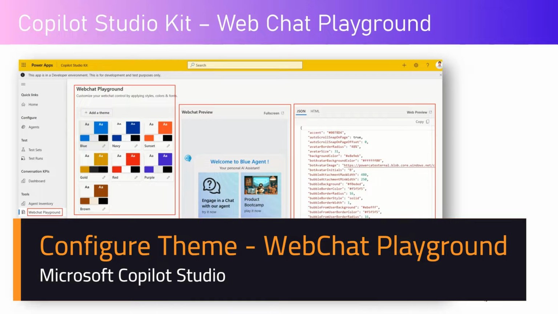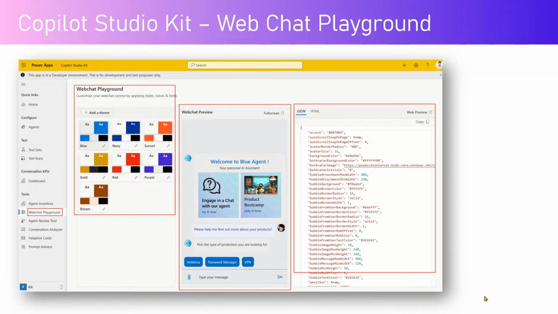In this video, I'll show you how to apply a theme to your agent built using Microsoft Copilot Studio. Now, this technique is not applicable for all the different types of authentication that are available while building an agent in Microsoft Copilot Studio, but it is available for a specific type of authentication where there's no authentication. So, if your agent is configured using no authentication, then you have that capability to customize the look and feel